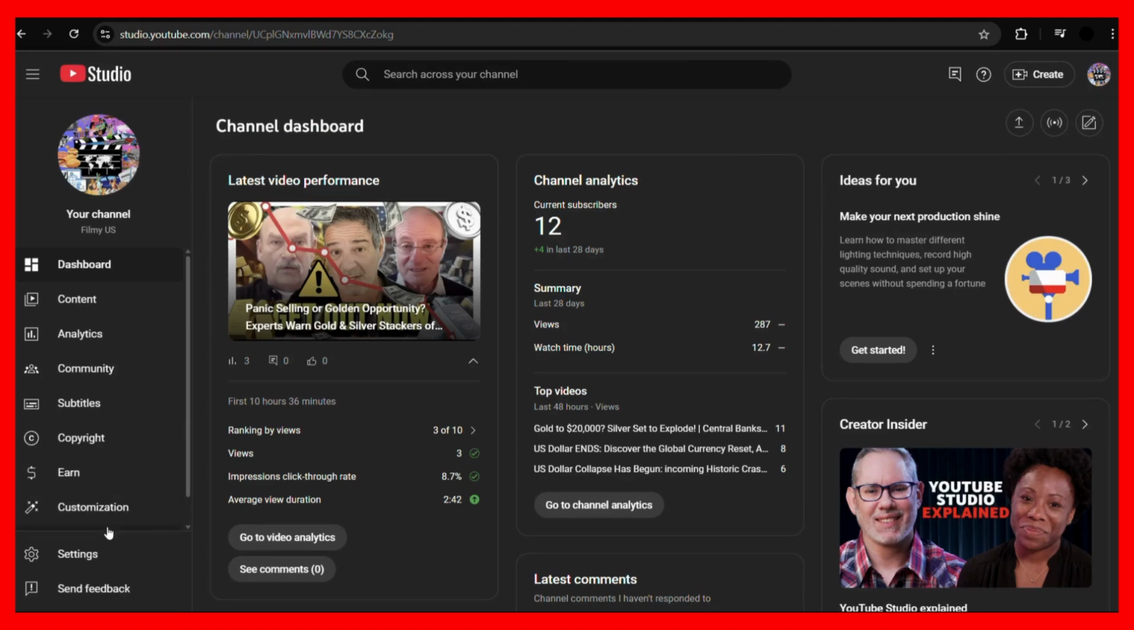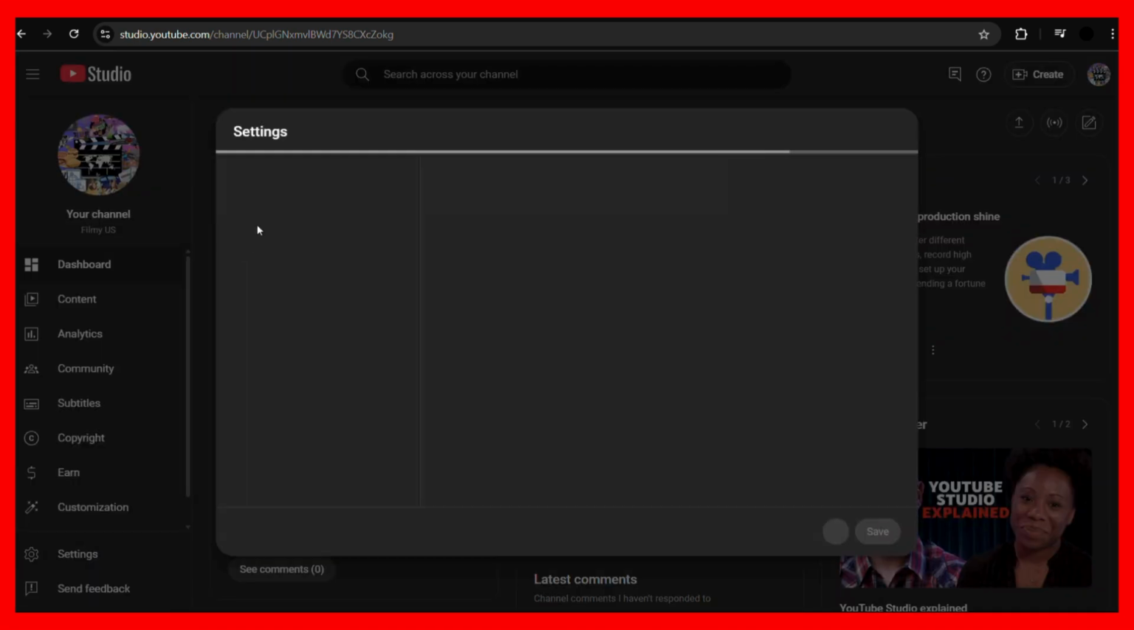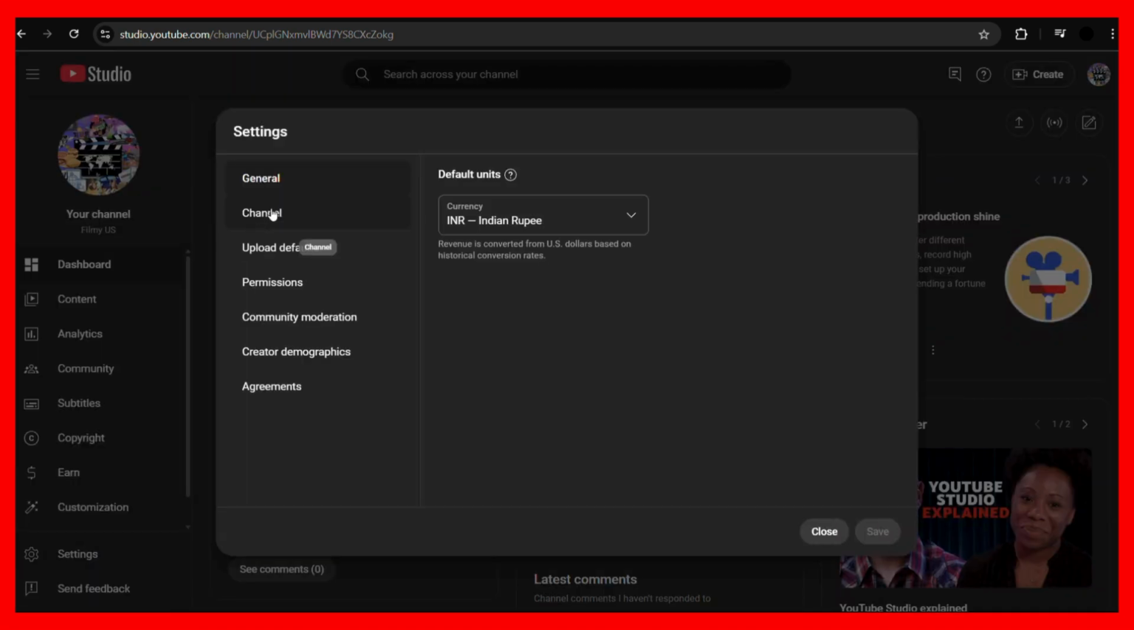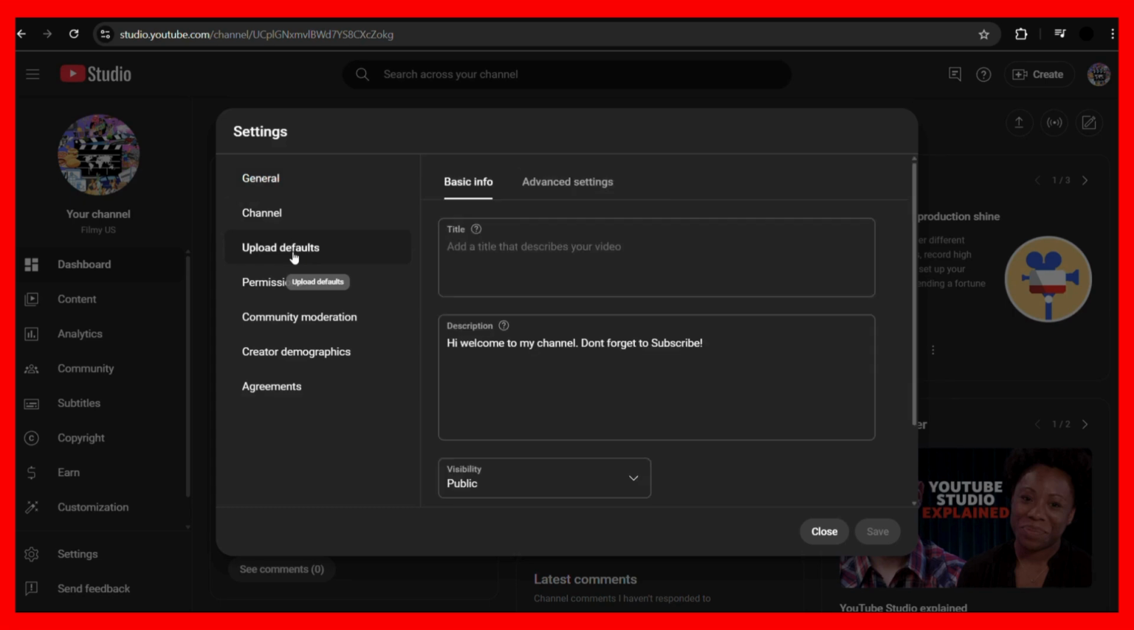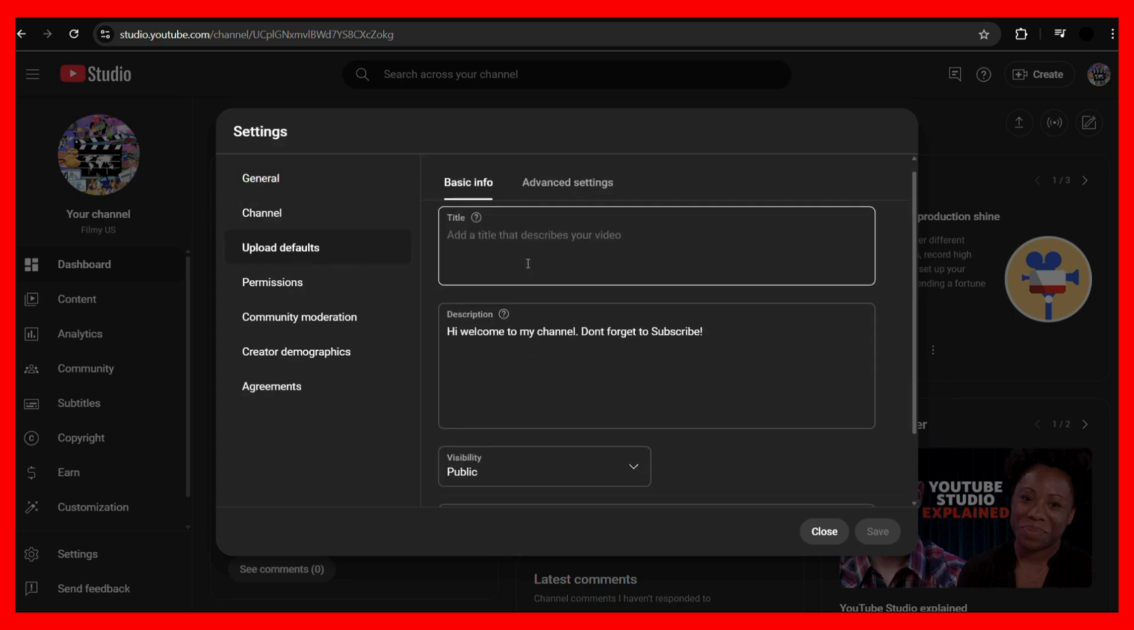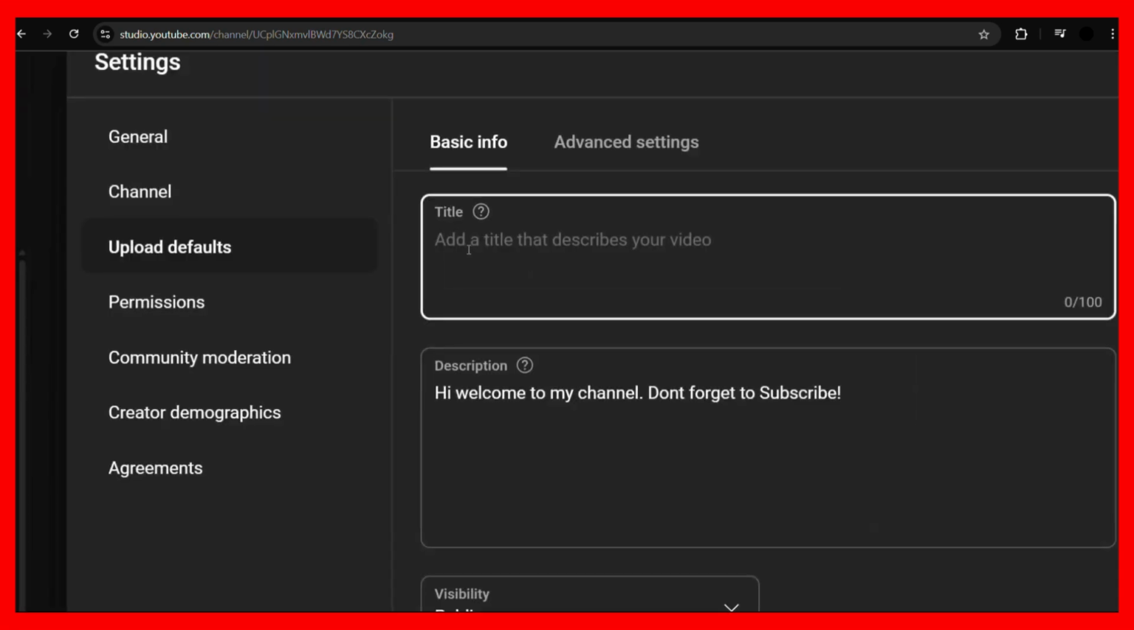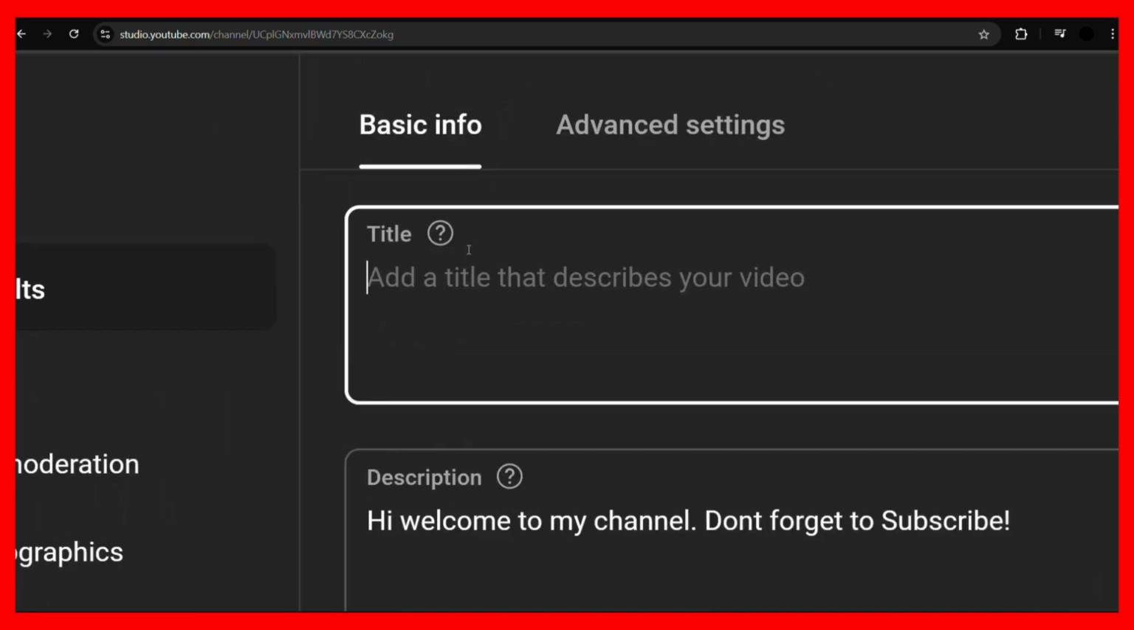Now from here, choose the settings given on the bottom left corner, and then inside the settings you need to choose the upload defaults option. Click on the upload defaults and here you can see the first option, which is the default title. So now let's add a title. So for example, let's say,